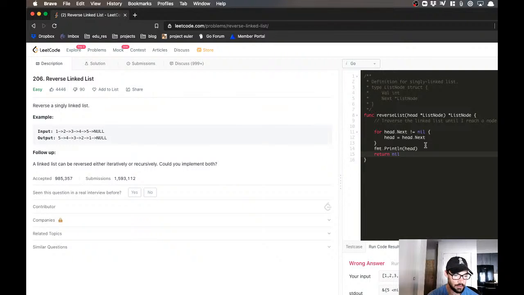Okay, which it is. So that needs to now be the first node. Okay, so if I make a new linked list, answer linked list,